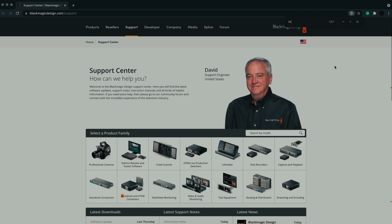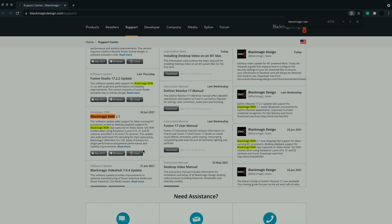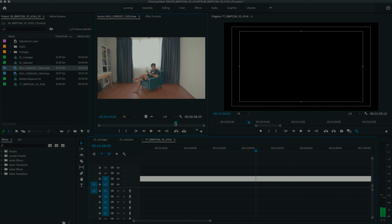But if you are not familiar with RAW footage, I would assume there's a few fears in your mind, such as how do you process BRAW? Is it hard to edit in post? Do you need to convert proxy, and so on and so forth? But honestly, it's way simpler than we would imagine. If you're a Premiere Pro user like me, you can simply download BRAW plugins, which allows you to edit BRAW straight from Premiere Pro itself. It'll be much easier if you're a Resolve user because you just have to import and edit straight out of it,